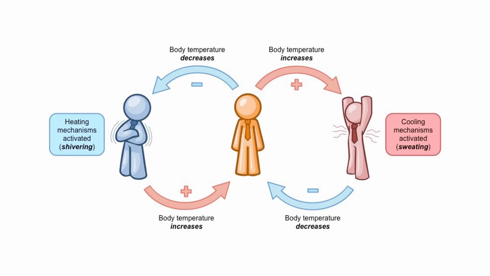This kind of shows the negative feedback loops here with temperature. You're too cold, so your body is triggered to shiver. In that shivering process, you're producing muscle contraction. Muscle contraction requires energy. The byproduct of that is heat. You get heat, warmth, and now that warmth signals back, and you're no longer triggered to shiver, or vice versa. Your body temperature increases, you start sweating, your body cools off, and you no longer need to sweat, right? So you have these contained feedback loops to respond to particular stimuli.